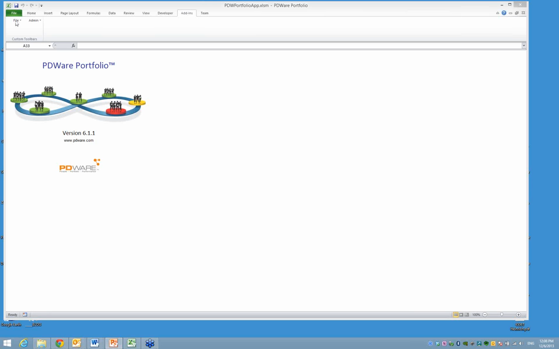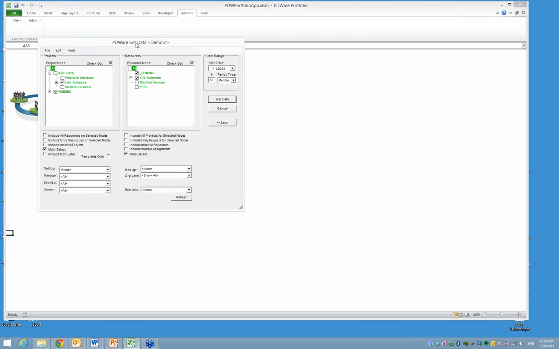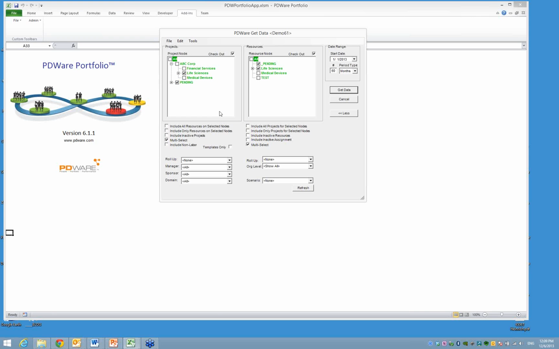So to start, I'm going to do a get data. And the first thing to note is I mentioned the pending resources. I've created a pending node on my resource tree, and I have created a pending node on my project tree. The idea here, and this is not necessarily the only way to do this, this is an example of one way to do it, is that in my planning session, looking forward for the next year, 2 years, 3, 4 years, I may want to